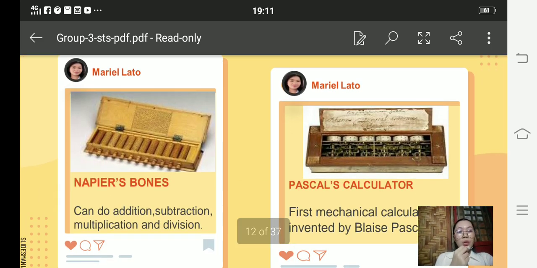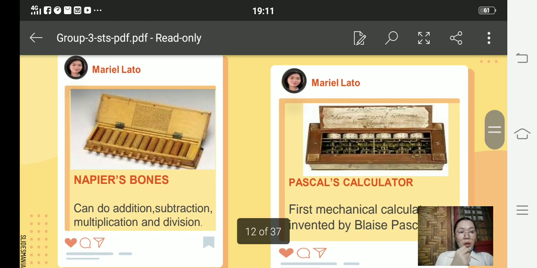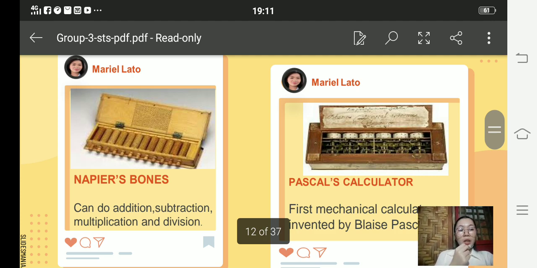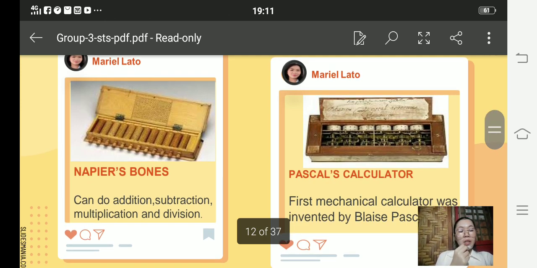Napier bones can do addition, subtraction, multiplication, and division. Napier of Scotland invented a calculating machine in the year 1617. Napier bones is also known as the number rods, which are capable of performing a multiplication by any number from 2 to 9, by placing the bones